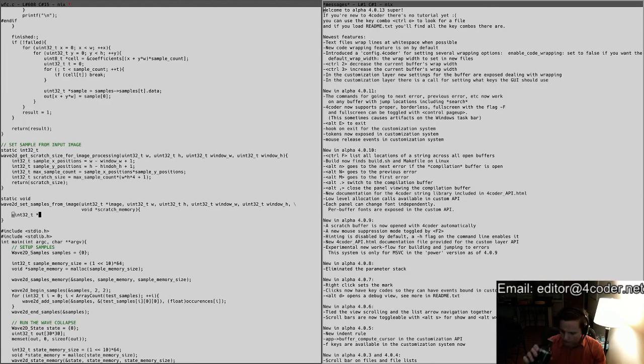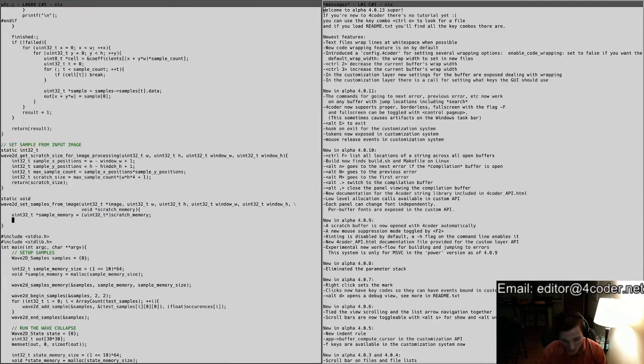The scratch memory. The first chunk is going to be the sample memory, which is going to be scratch memory. I'll do the cast in case I ever want to use this in C++ mode. And then I want to do